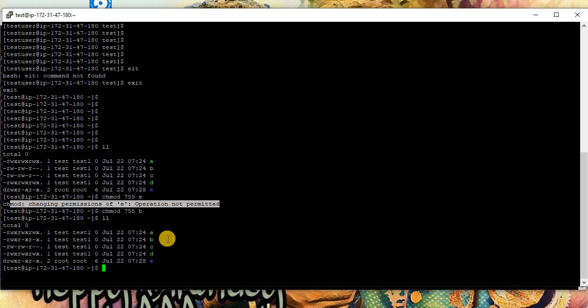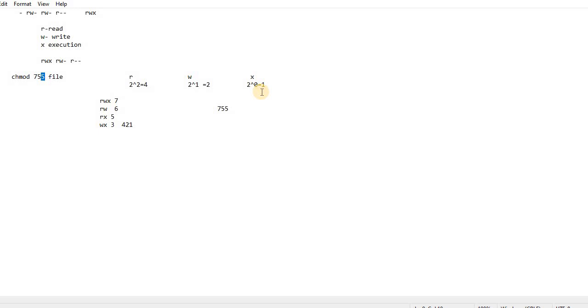Okay guys, remember, you have to see it in a set way. For read write execute, one number for the user, one number for users in the same group, and one number for others. So how to get that number? Like this. Please let me know if you have any doubts.